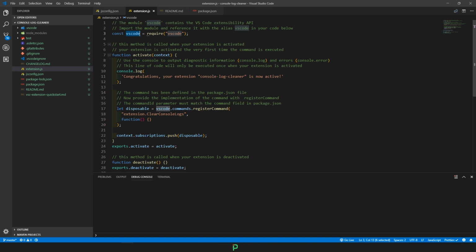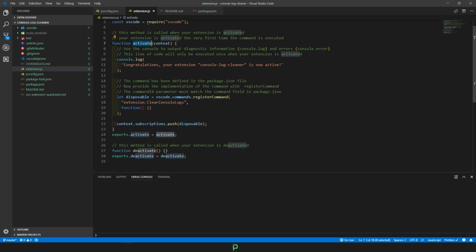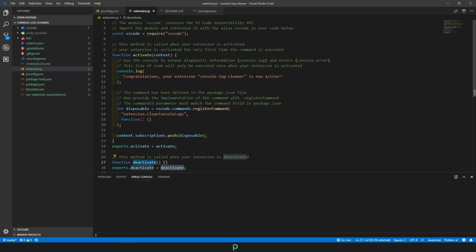And you've got a function right over here. This function is called activate, and the name really matters. You don't want to change that, because Visual Studio Code has that by default. And you have another function called deactivate. The activate function runs whenever you try to run the extension from the command palette, for example,